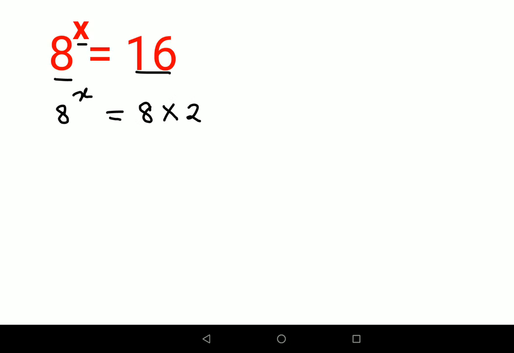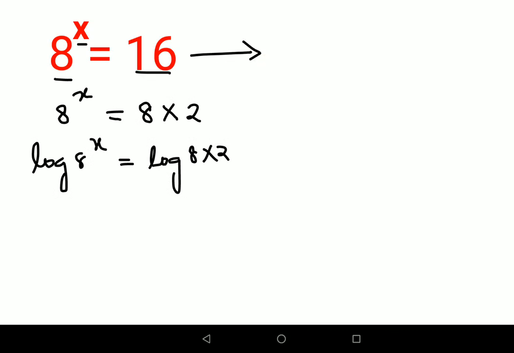The only thing over here is, the next step you will need to put log on both sides, because without log you won't be able to solve this particular question. But I will tell you, in this kind of scenario, we can solve this entire question without using the logs. Now how do you do that?